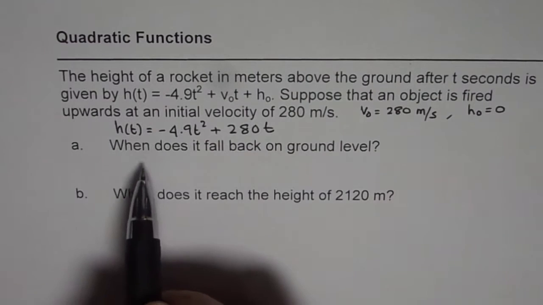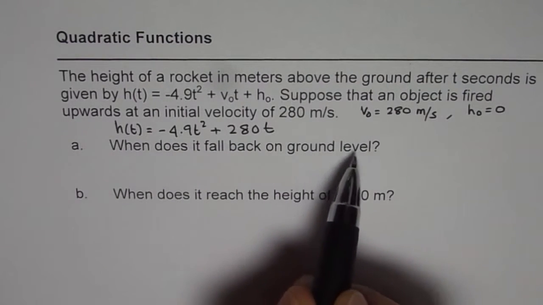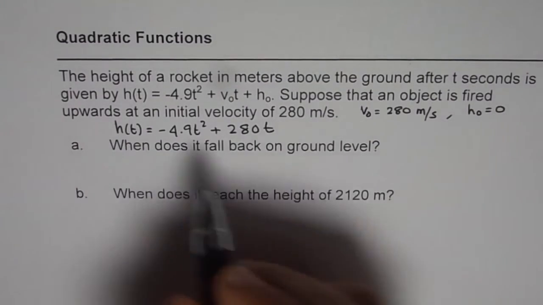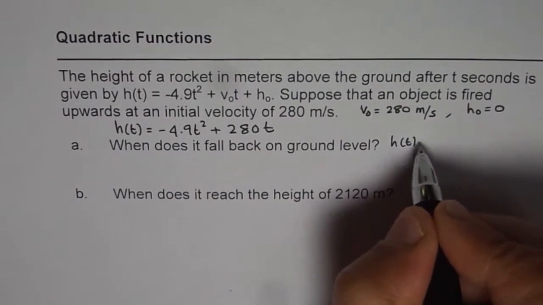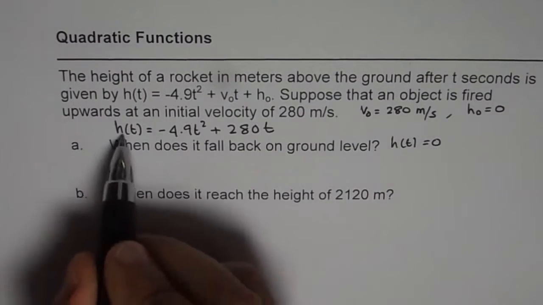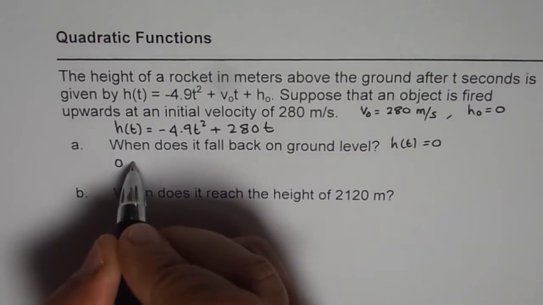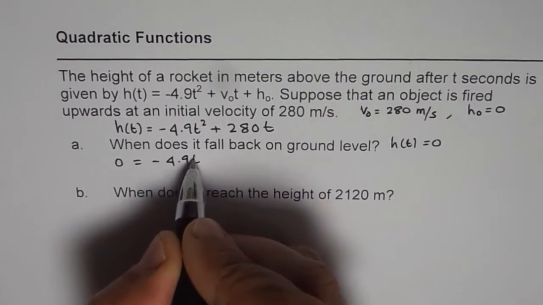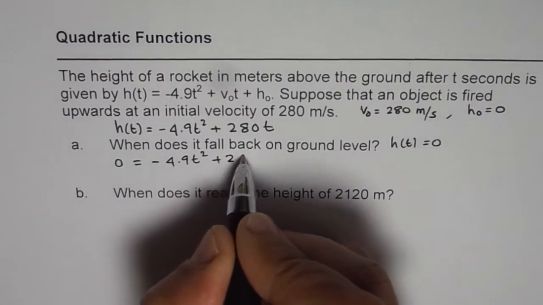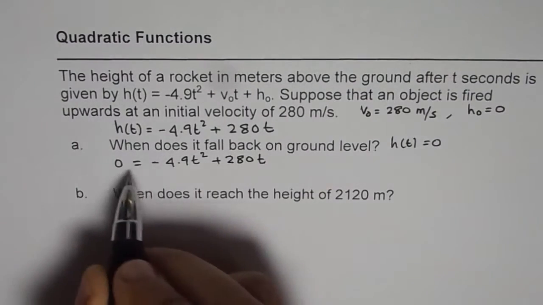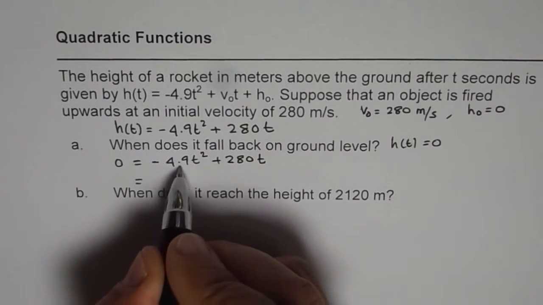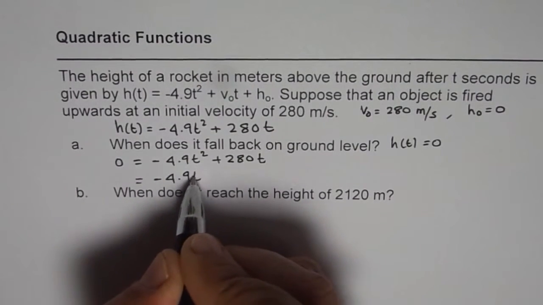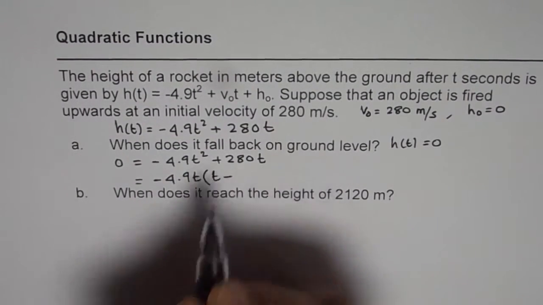Now the question is, when does it fall back on the ground level? When it falls at the ground level, at that time h(t) = 0, so the height is 0. So we'll equate 0 in this and calculate for t. So 0 = -4.9t² + 280t. Now to solve it, we can take -4.9t as a common factor, and we are left with t minus